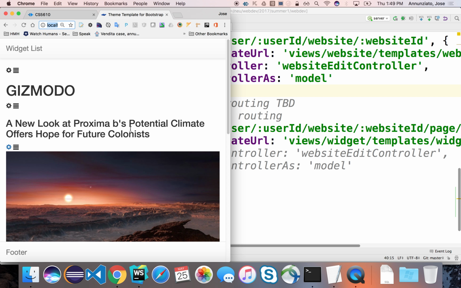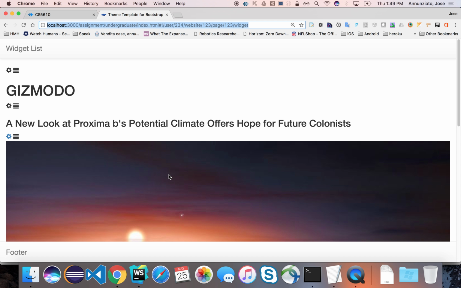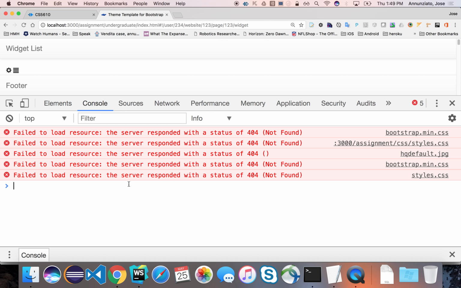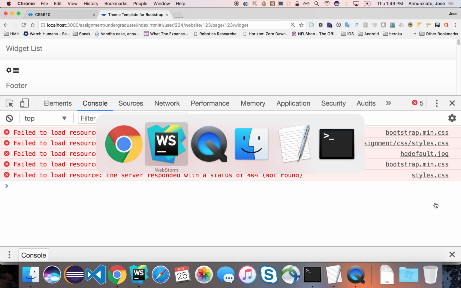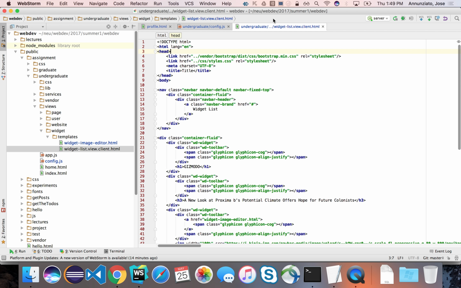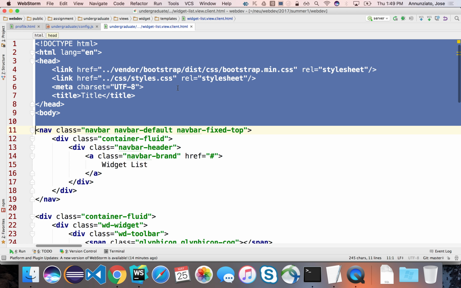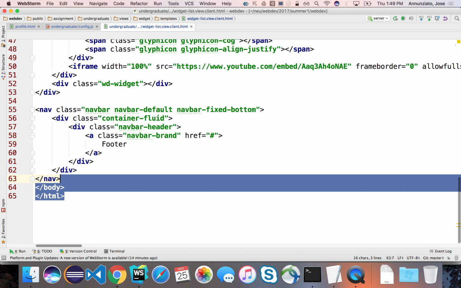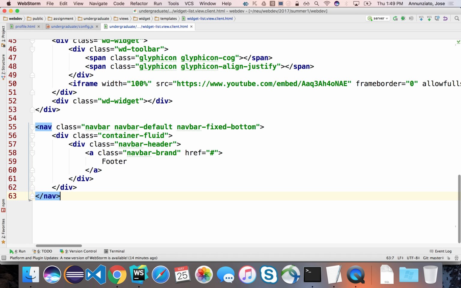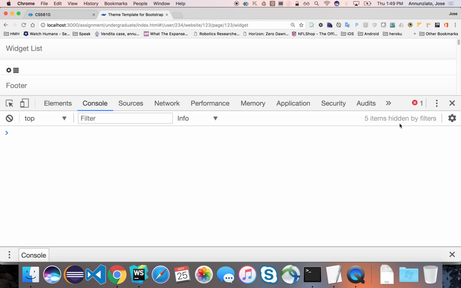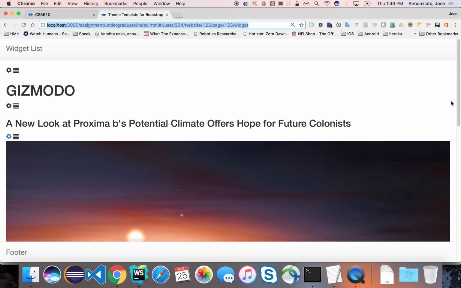It's complaining about a couple of things. Probably all these bootstrap and styles. Right, we no longer have that, because we probably moved them in the wrong directory, and we don't need to load those anymore. So let's fix that page. So this page no longer is a full-blown standalone HTML document. Instead, it is just a snippet that is being included in something larger. So let's refresh. And okay, so no longer gives us the other errors, but it's still